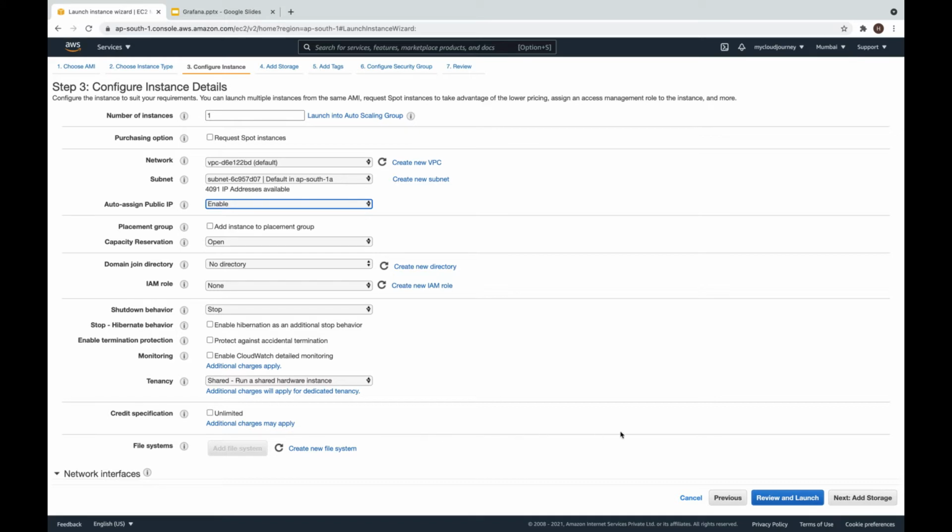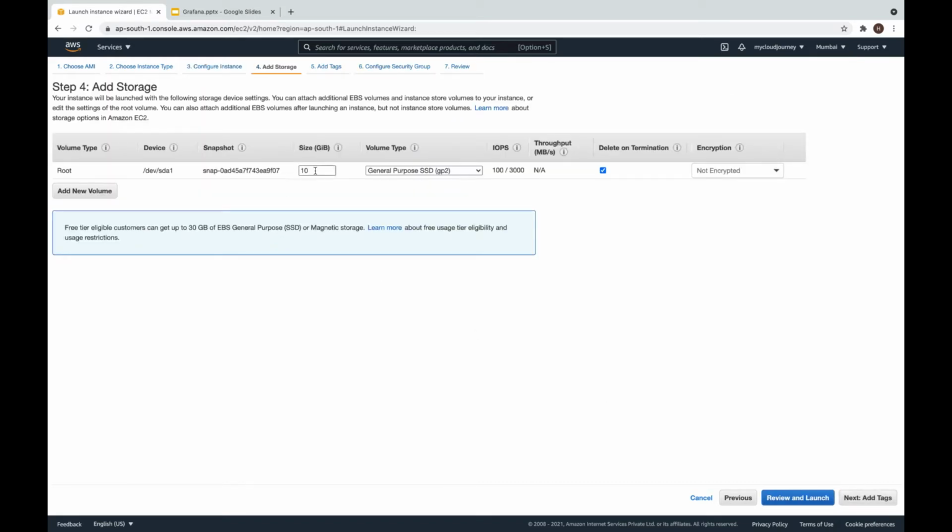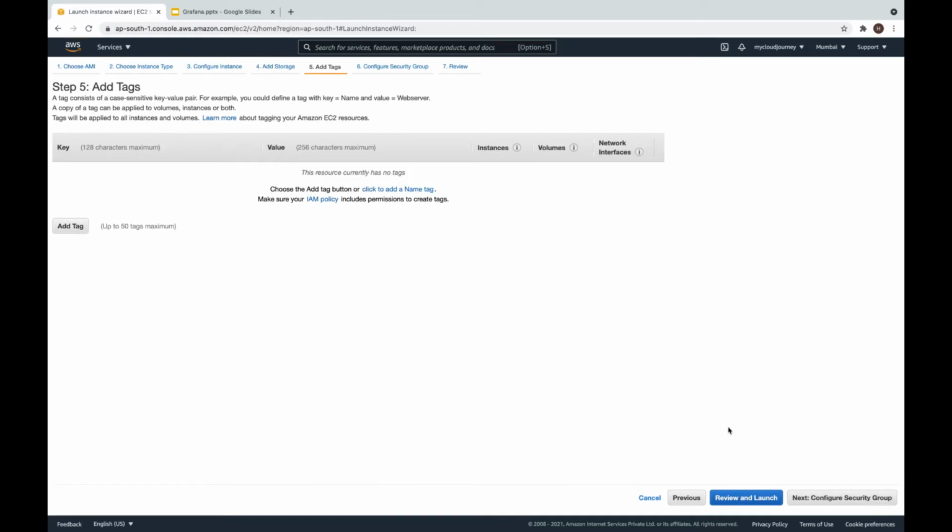All the default settings. Next, add storage. 10 GB of storage is fine for this demo, and for encryption I am going with AWS EBS to protect my data. And tags, I will keep blank for now.